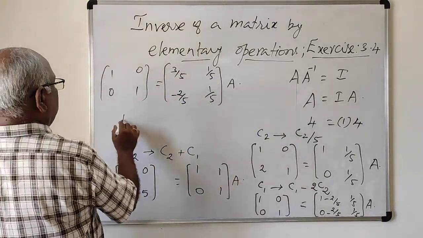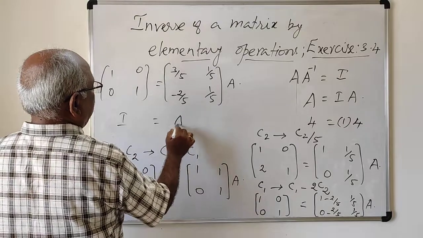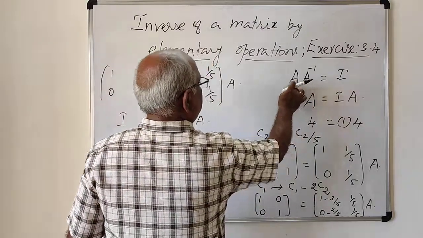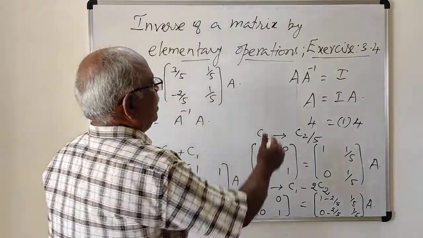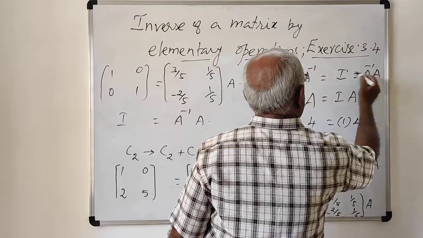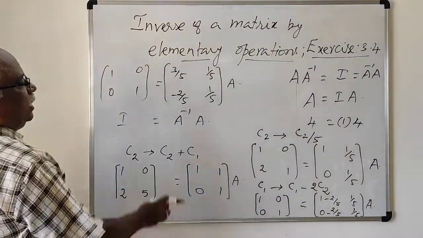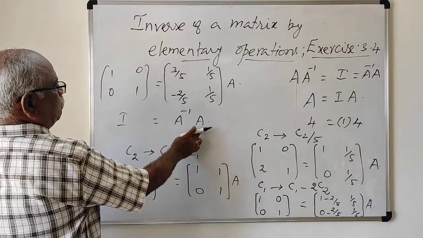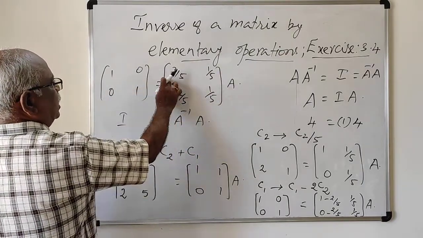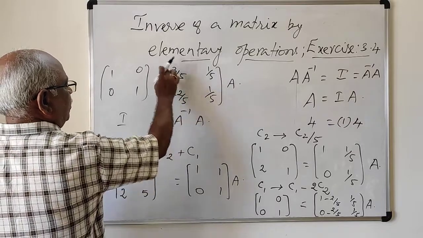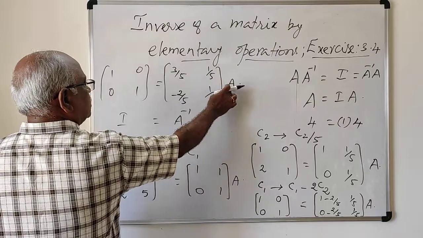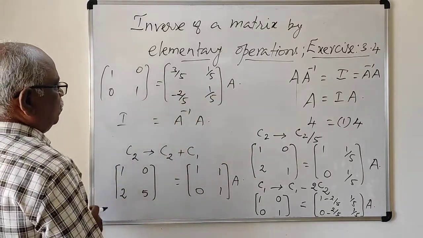So, I equal to A inverse into A is the rule. I equal to A inverse into A. A into A inverse equal to I, or A inverse into A is also I. So, A inverse into A equal to I, this is I of the same order. Therefore, the matrix with elements 3 by 5, 1 by 5, minus 2 by 5, 1 by 5 is the inverse of A. This is the matrix of inverse of A. Therefore, A inverse equal to